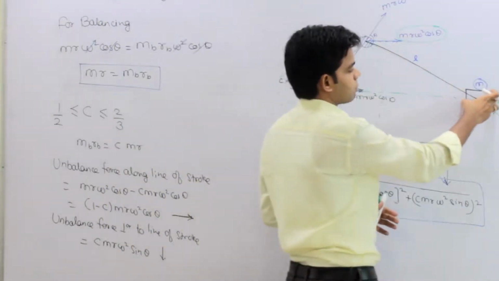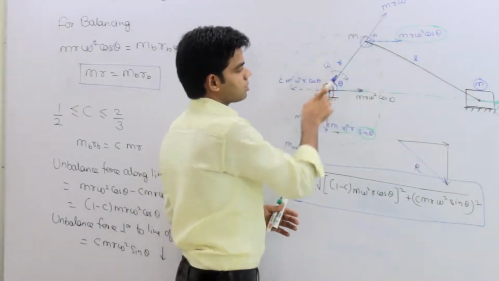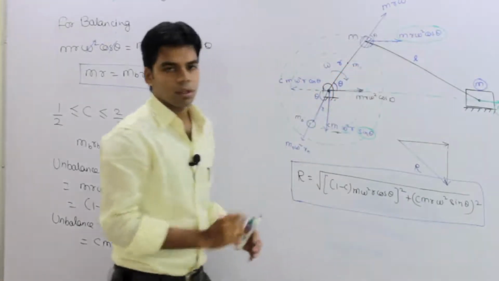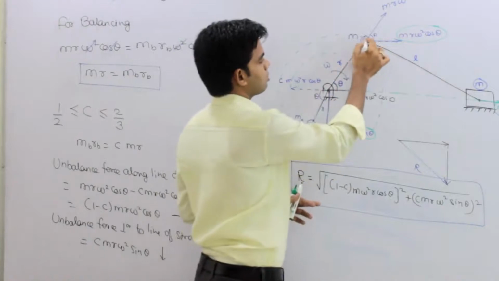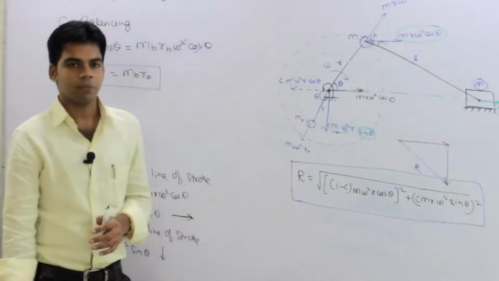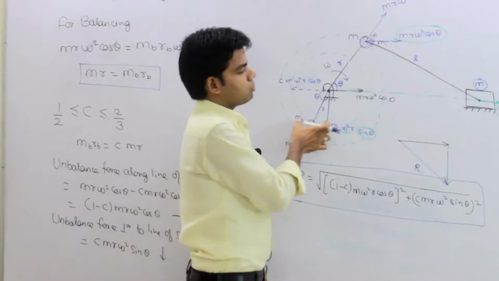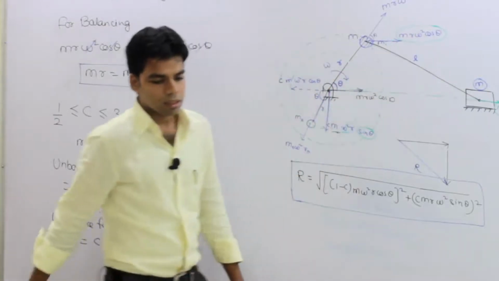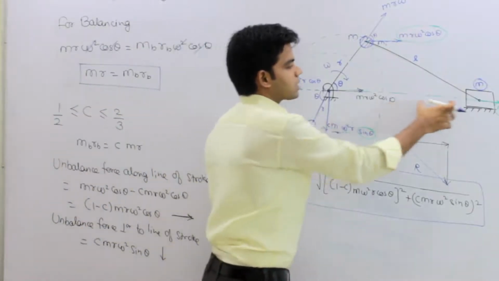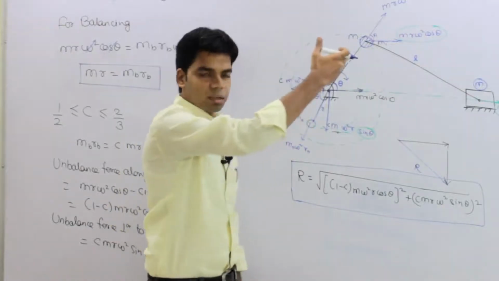So we have this reciprocating mass of mass m. Along with this, we have a rotary mass, the mass of this crank. Suppose that mass is m1. This mass is also assumed to be concentrated at this point, so here we have this particular mass m1 as well. Now the function of this mb, the balancing mass, is to balance that reciprocating mass as well as to balance the rotary mass. Obviously, only a part of this reciprocating mass is balanced. Complete reciprocating mass cannot be balanced, as you have seen, and complete rotary mass will be balanced.